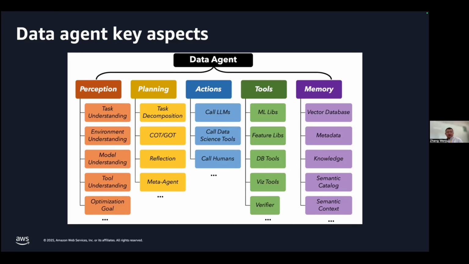And then acting. So the agent can use tools to get more information from your system, from your ERP system, from the CRM system, etc. And with tools, you can even get more information as well. And finally, it's about memory. So the memory is also a very important part of the agent.